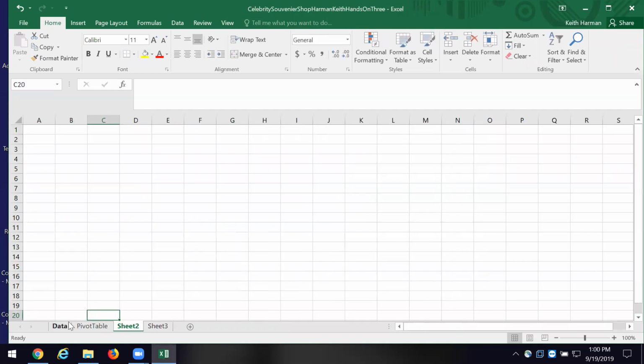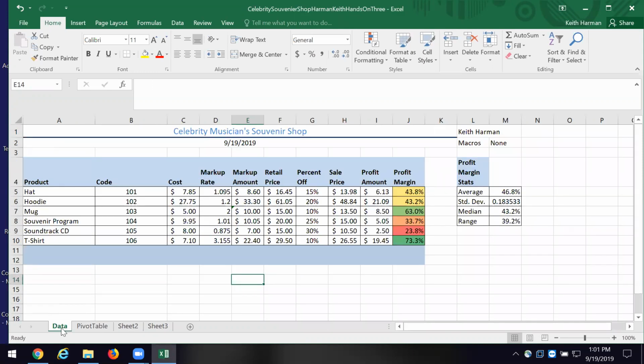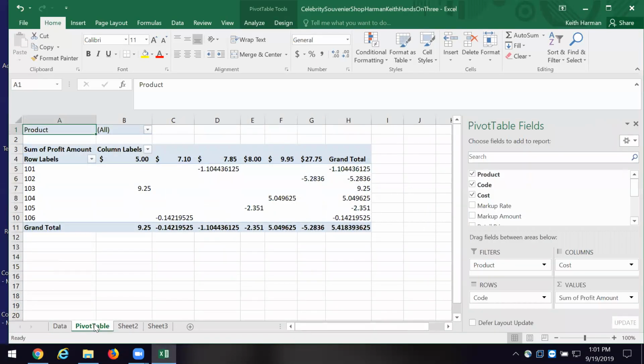Now I might also have another sheet where I put some charts. You say, why would you do that? Well, for a simple reason. I want people to be able to see the data and manipulate the data if they choose to. If not, I'm going to put some of that visualization and some of those analytic tools, more advanced things, into some additional spreadsheets. So there's the pivot table.